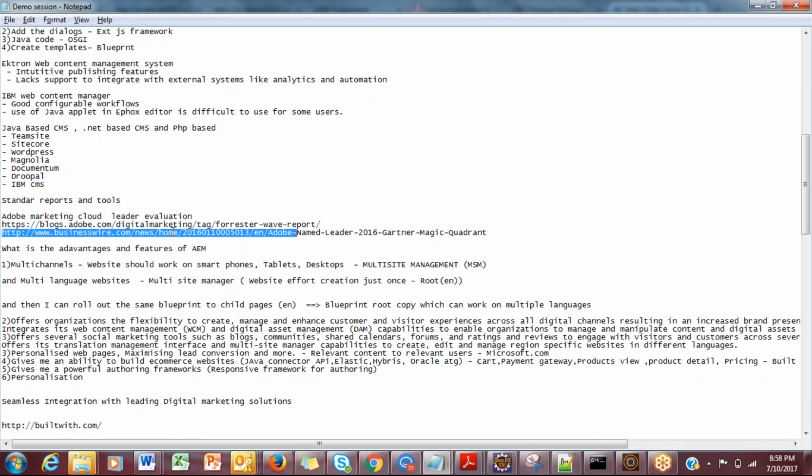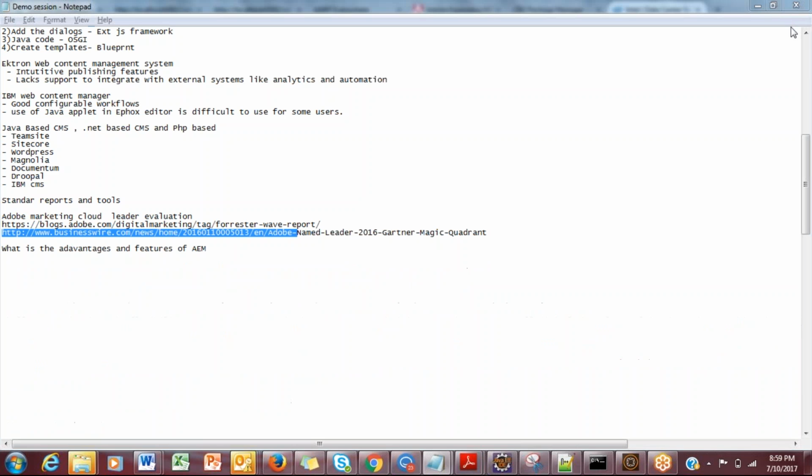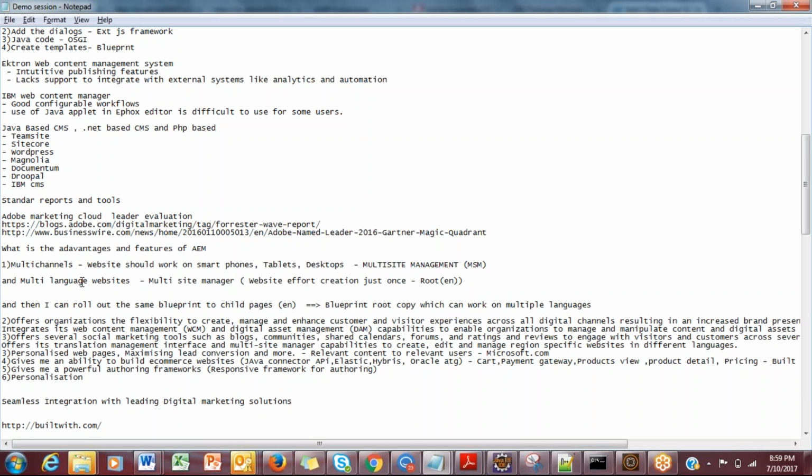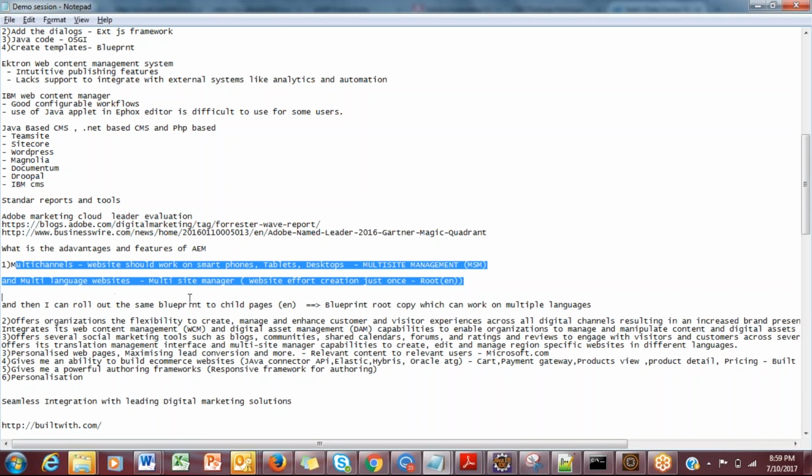This used to be a legacy design, of course. Nowadays, with a responsive framework, you just build it once. You could use CSS3 layouts with media queries, something like Bootstrap, and make it responsive. Either you could use that approach, or you could use AEM's MSM approach. So this is the first feature of AEM.